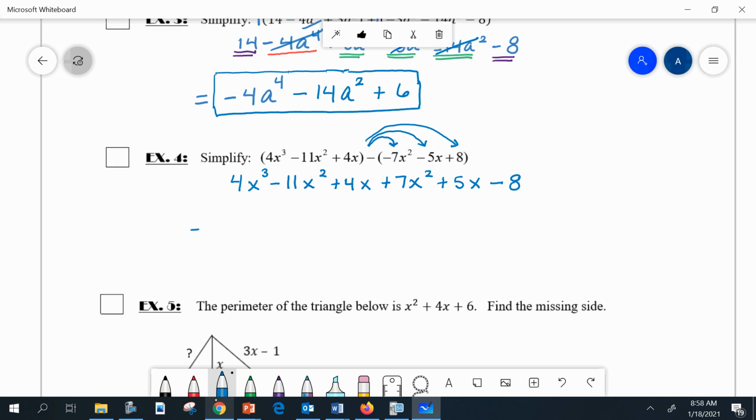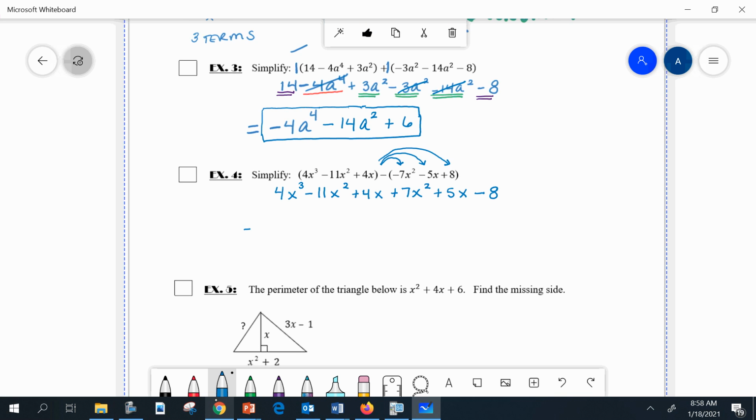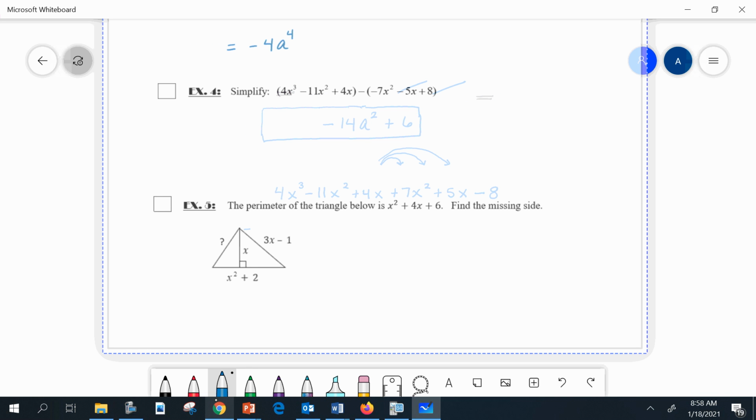So we're going to do the same thing. We're going to combine like terms in order. And so the biggest exponent that I'm seeing,